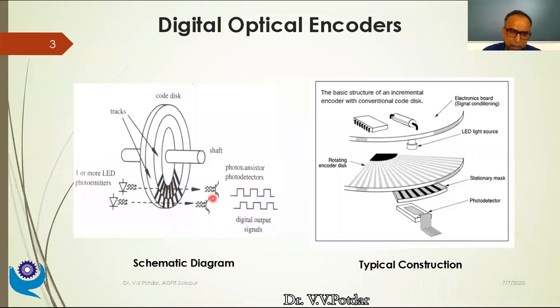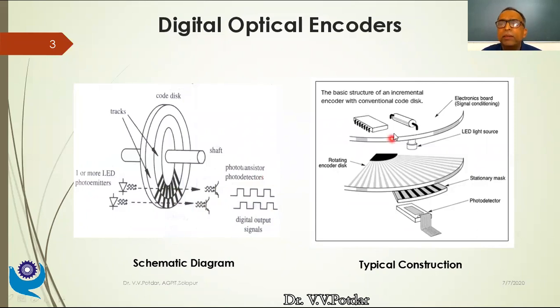And on the other side of the disk, I have got a photo detector or a photo transistor which detects if any light beam falls on it. So accordingly, if there is a light beam, it will generate a pulse, and as you can see, it is in a pulse form, it is in the digital form, ones and zeros, it is in the binary form. And this is for the second track, and for the first track I have got one more light beam. If it is falling on this photo detector, it will generate a signal. So these are the digital output signals.